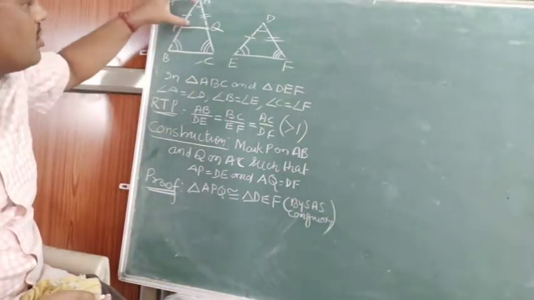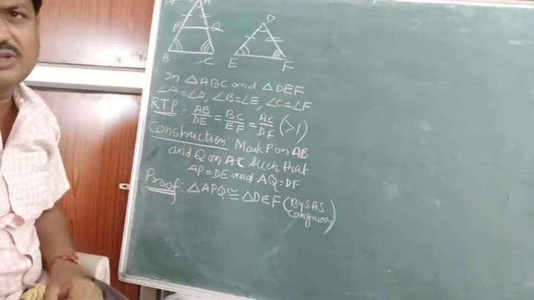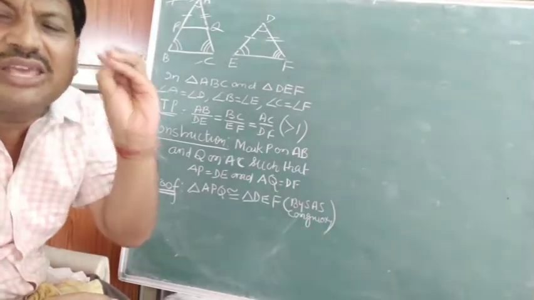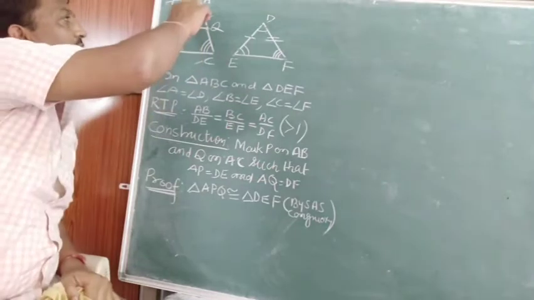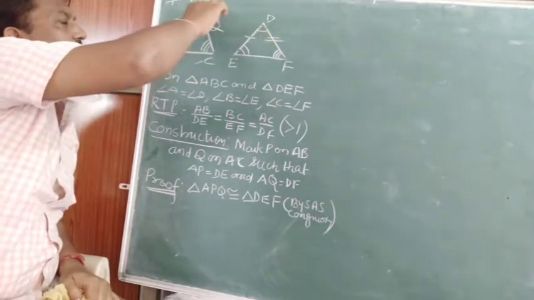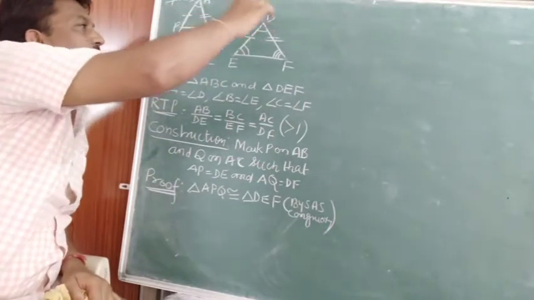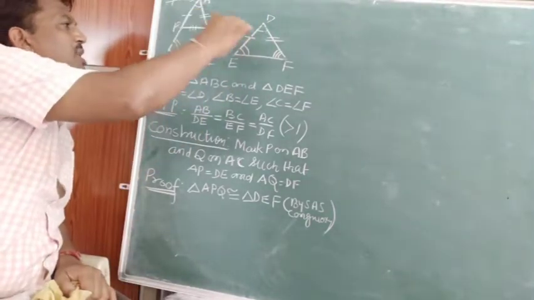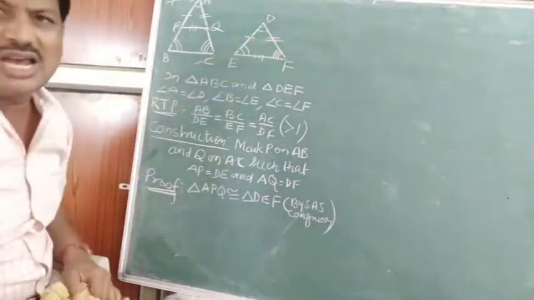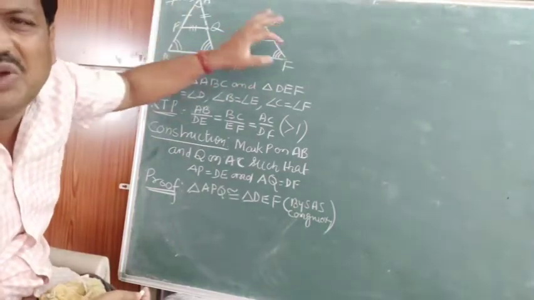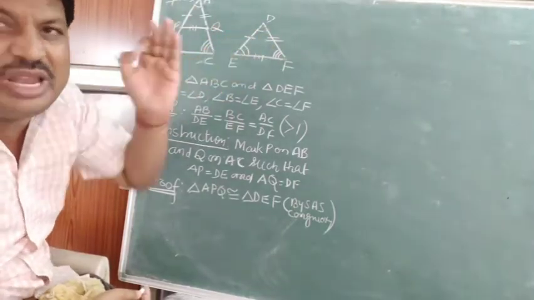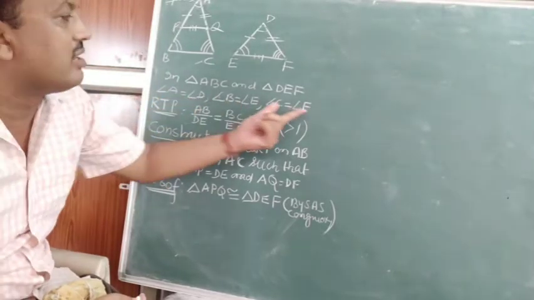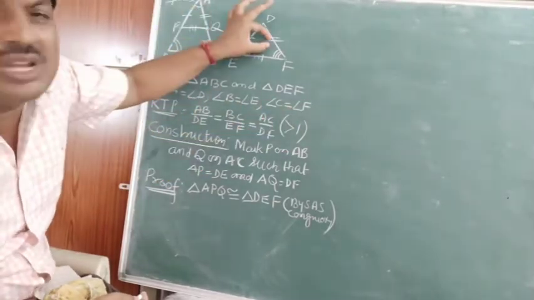So once you got these two are congruent, means automatically all the 6 parts of the triangles are equal. So already this side is equal to this, and this angle is equal, already we know. Now it is clear that this also became equal to this. Of course, we are not going to consider sides. We need angles here, because angles are given. So we need the relation in angles.